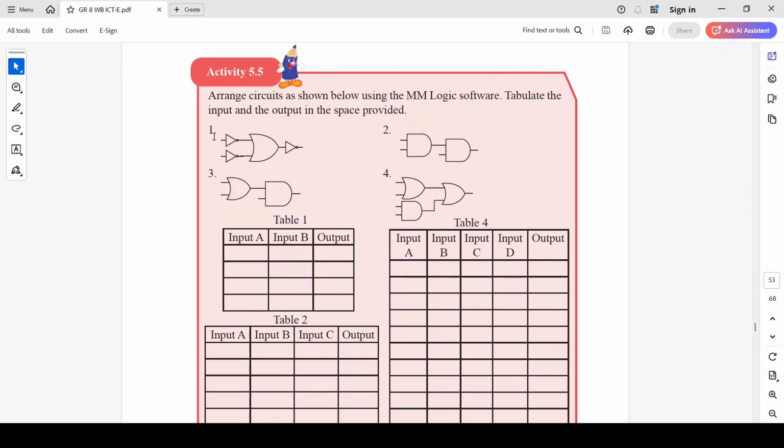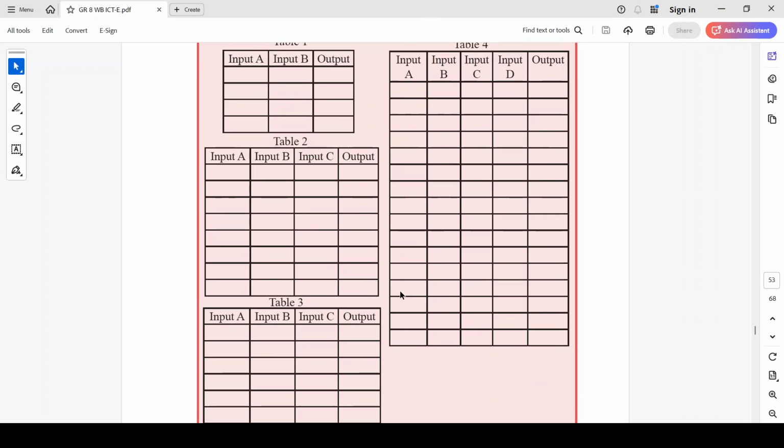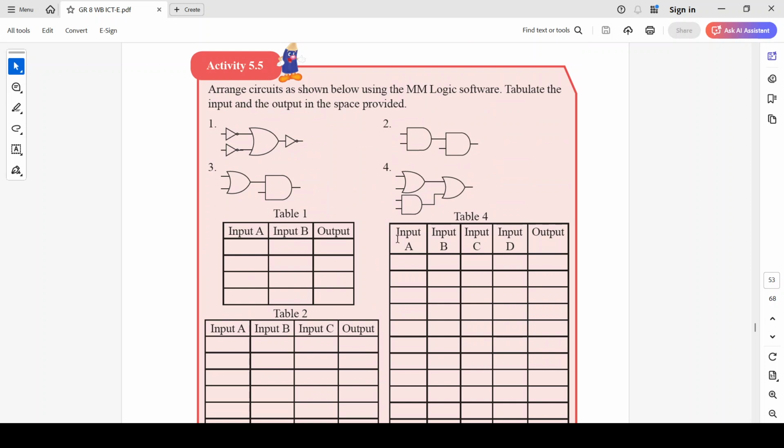So we have activity 5.5 in the workbook, this is a workbook, not a reading book. Okay, so activity 5.5: arrange the circuits shown below using logic software. Tabulate the input and output in the space provided. This table is for the first question, this table is for the second question, and this table is for the third question. So you have to input the numbers, 0 0 1 1 and 0 1 0 1, like that,